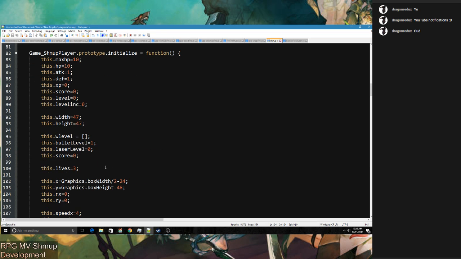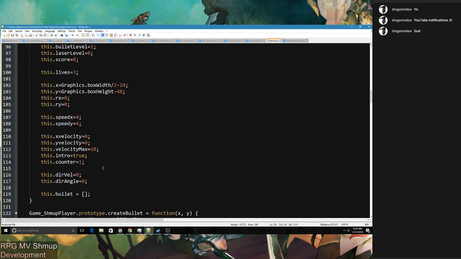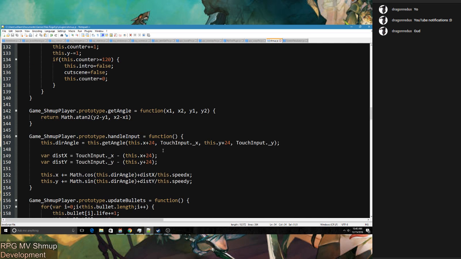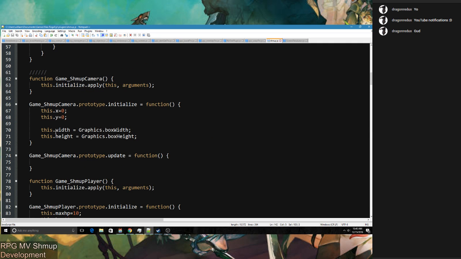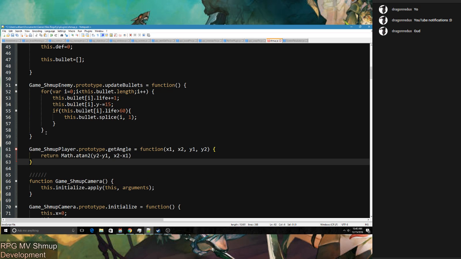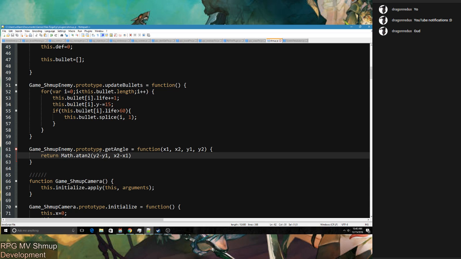So we need the get angle function again, because I want them to fire at the player. So we're gonna have to use a get angle function here by using math.atan2, which I believe is tangent. Something to do with some weird thing. So I'm going to copy this function here as well. Shmup camera. Here we go. Just gonna replace player with enemy, whatever. All right, so